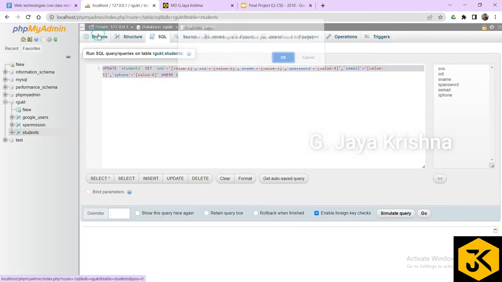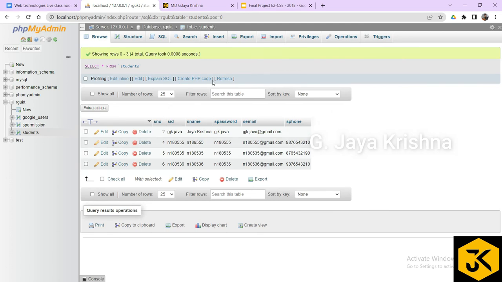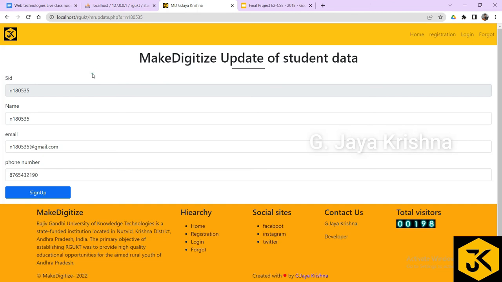Yes, now I'll go for the browsing part where I can check some user IDs. So I think I will come to here. I'll refresh it. If I am refreshing it, what will happen is it will be on this page only. If I am going to sign up now,